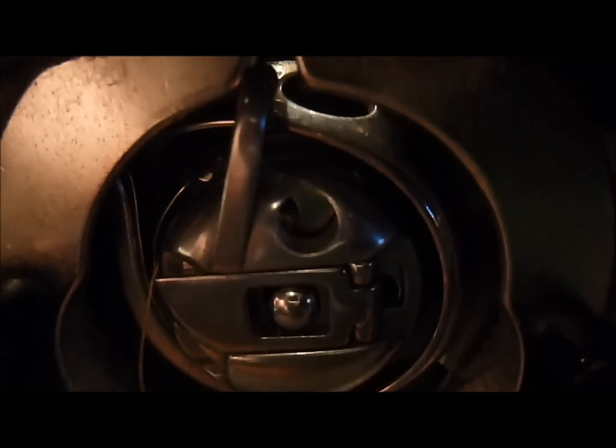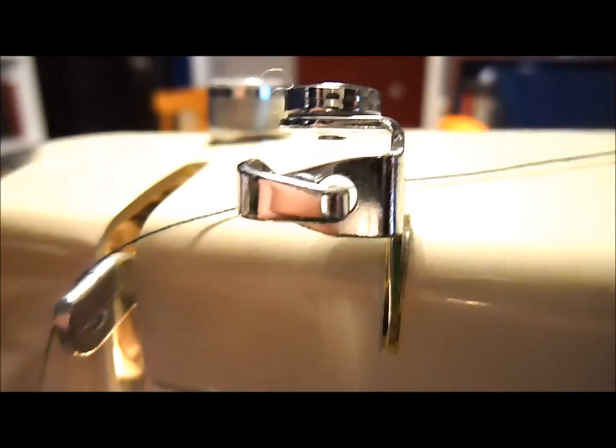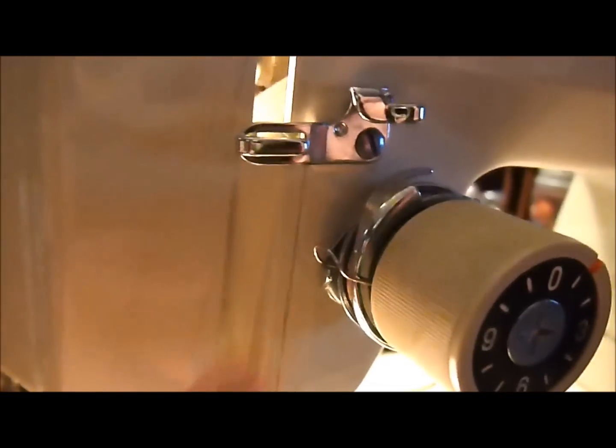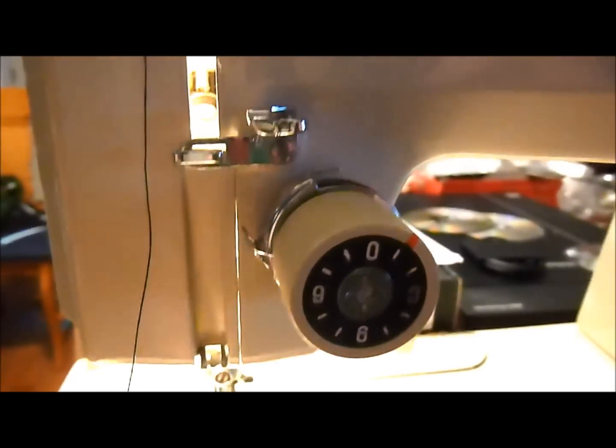Okay, now we'll add the spool thread. We're going to go around the loop, through there, down to this coil. It's a spring. You can see the spring over here, the catch where it hooks on, and this controls the tension. Then we're going to come up through here to make it go straight. It's going to go into that little hole right there,